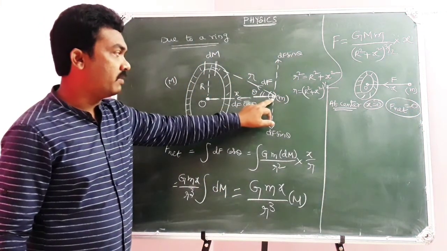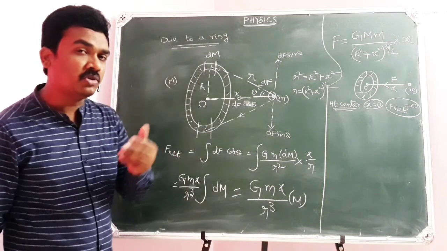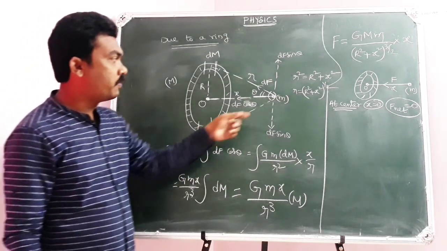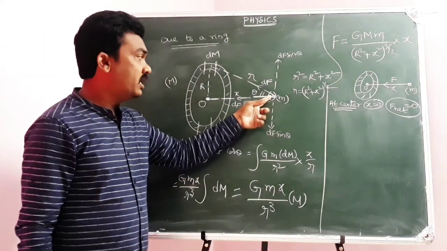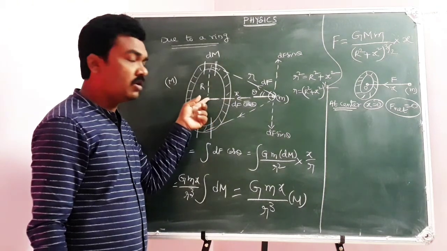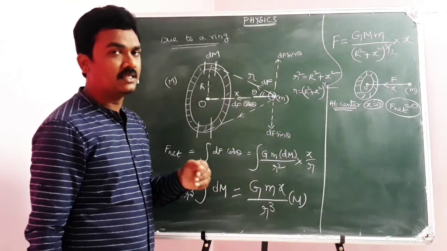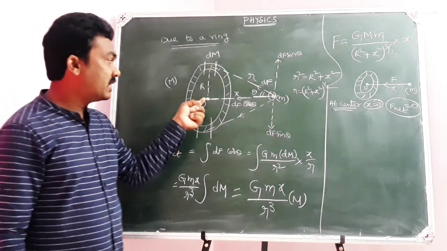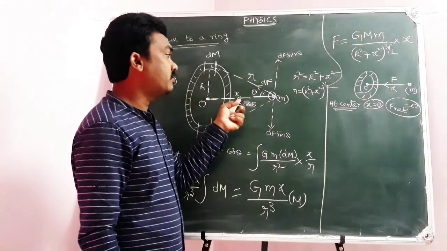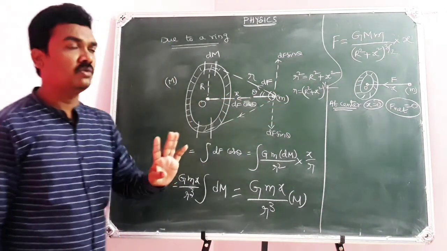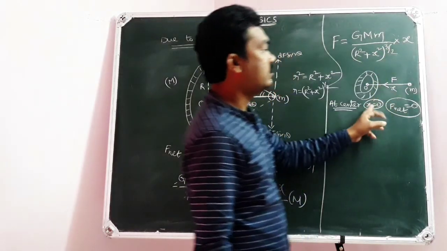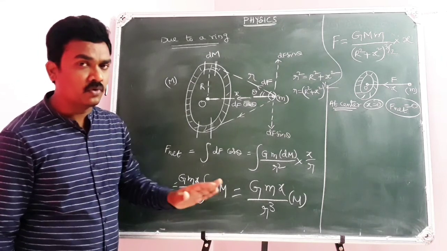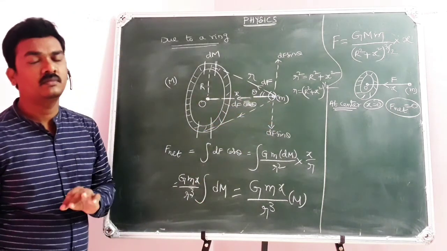If your point mass is coming to the ring, you may get a question, sir, why will my point mass come to the center? Because your point mass experiences a net force towards the center of the ring along the axis. So it will accelerate towards the center. Once it comes to the center, x becomes 0, so the net force will be 0, because in the force equation x equals 0. So the point mass does not experience any force when it comes to the center.